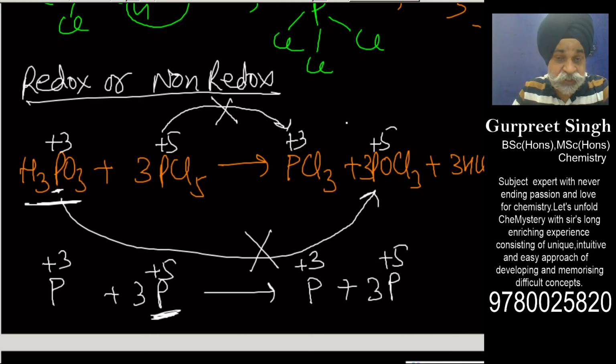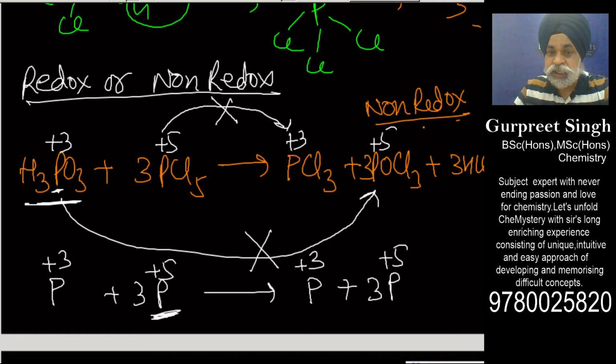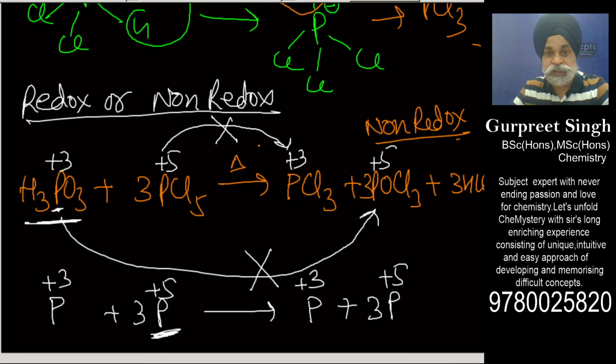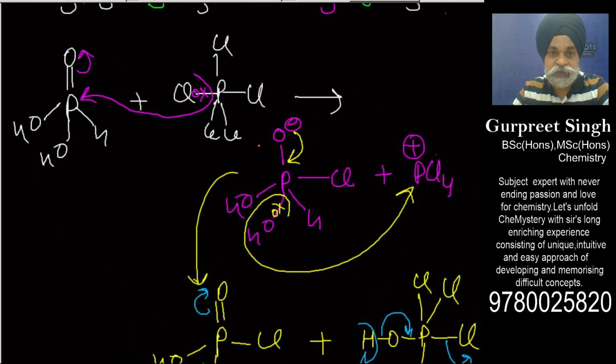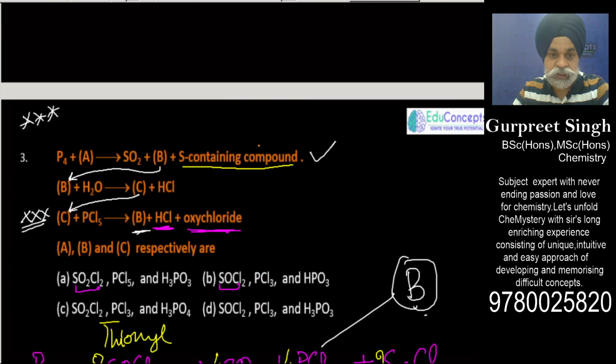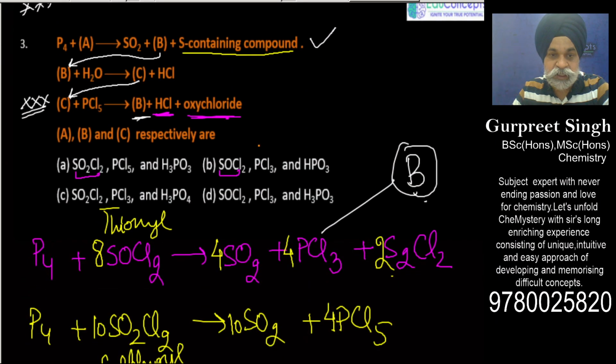So this in a way is a very, very important viewpoint, that this is a non-redox reaction, where basically a swapping of chloride and OH negative is happening some way with the heating. So this is again a very important question. I think we have already solved this particular question. So now we have to figure out what exactly had been the answer.